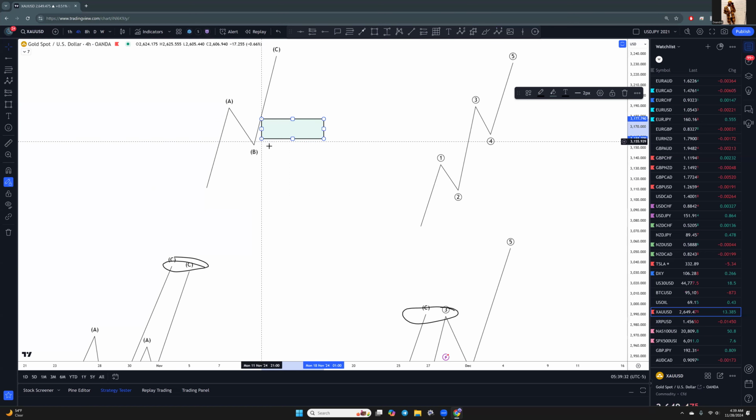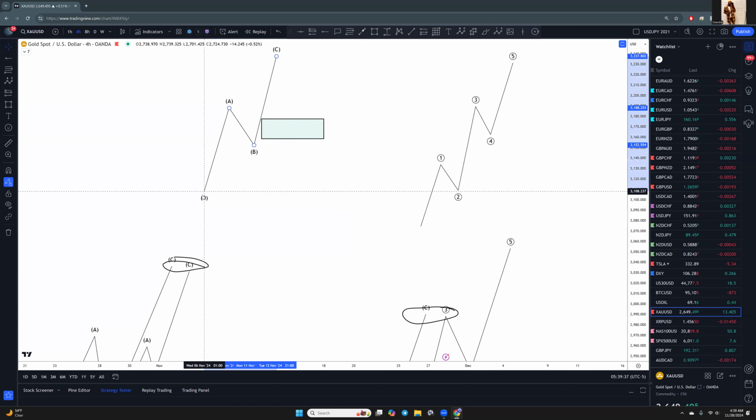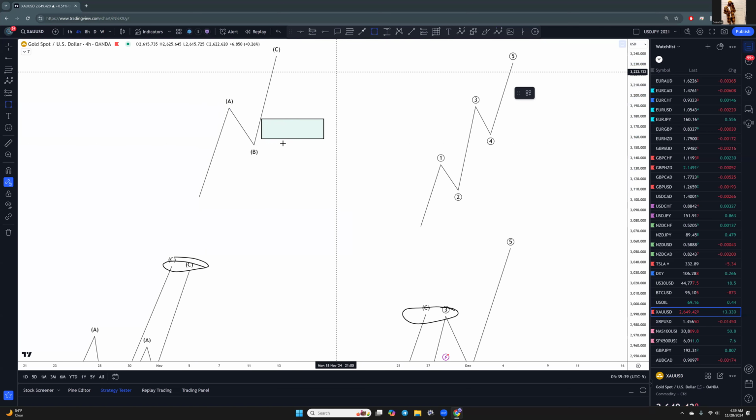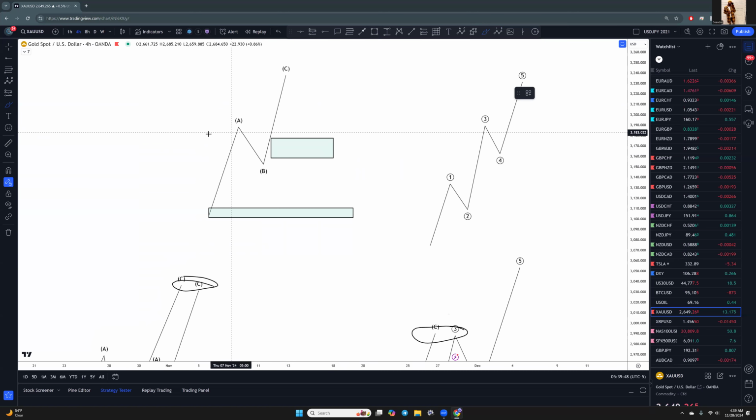You never target the ends, okay? And the secondary target for an ABC is going to be at the original start of the wave A. Okay, so for those of y'all that also do not know, I did just drop y'all an educational that went over this, but when it comes to an ABC pattern,